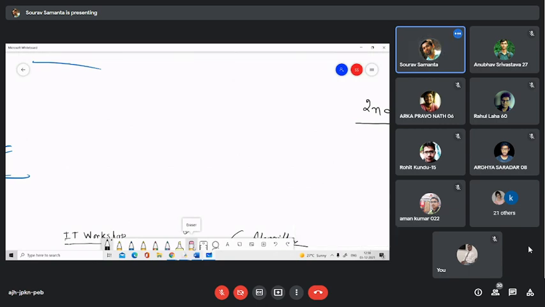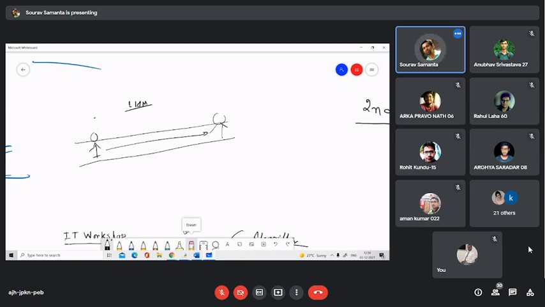Can you see the screen? Yes, sir. Okay. Suppose in a 3D environment you are moving from one place to this place. Virtually, this is 1 or 2 kilometers. Here we have the objects.